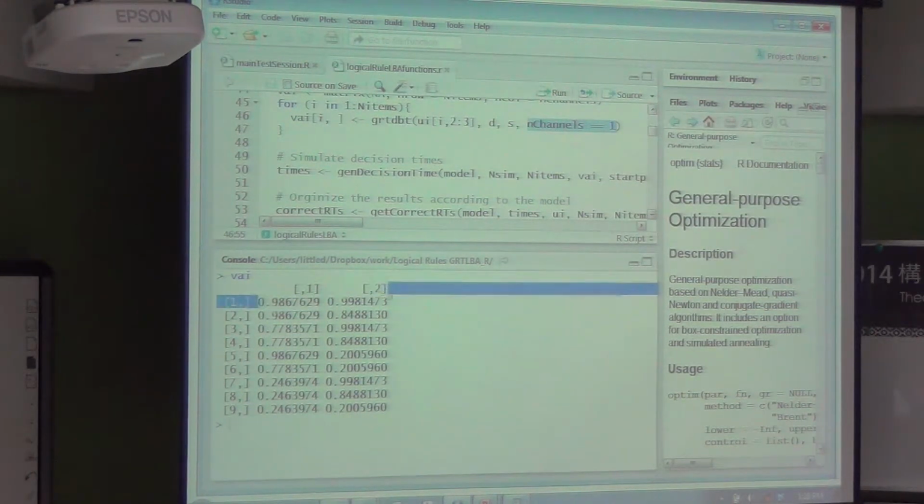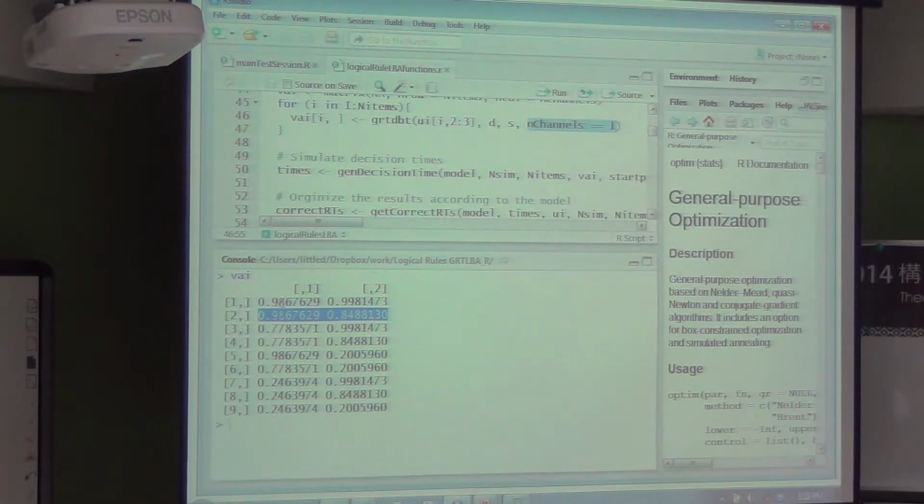Here are two drift rates, one for dimension X and one for dimension Y, for that high stimulus in the upper right-hand corner. Both of those are very high, so 0.99 and near 1 on dimension Y. This is stimulus number 2, the one underneath it, which is far from the X boundary, but close to the Y boundary.